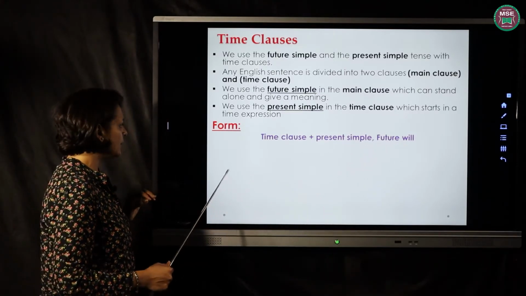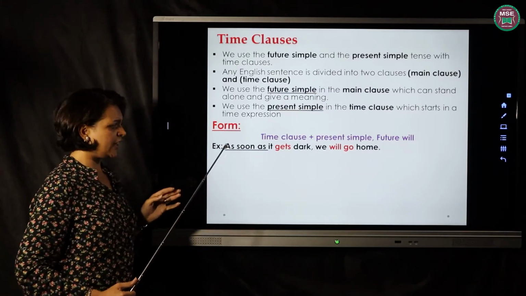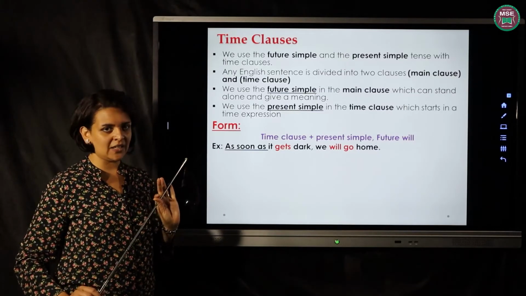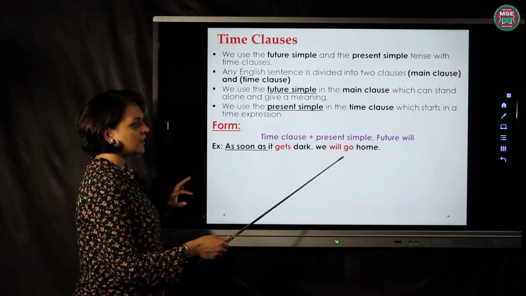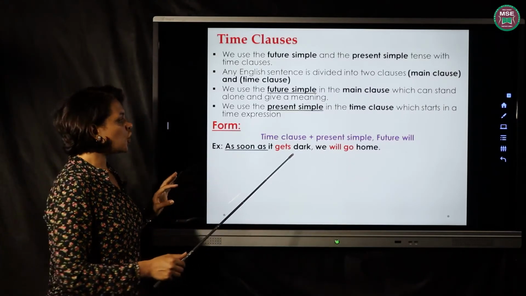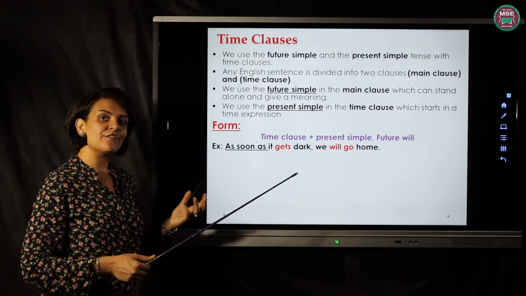Let's see an example. As soon as it gets dark. If I say as soon as it gets dark and stop, it will not give me a meaning. But when I complete it with the main clause, we will go home. Okay, so we will go home is a main clause because it gives us a meaning.